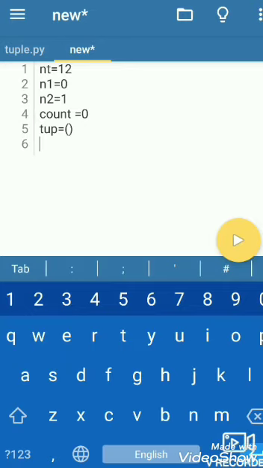Then we use an if condition. If the number of terms is less than or equal to 0, it prints that please enter a positive integer.